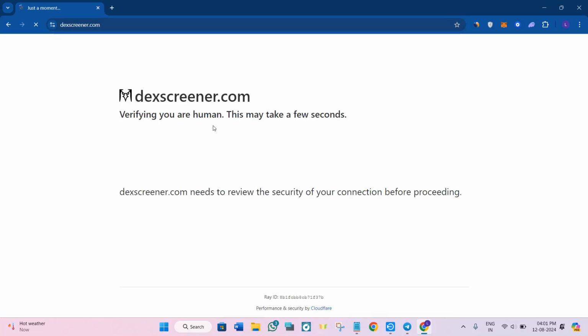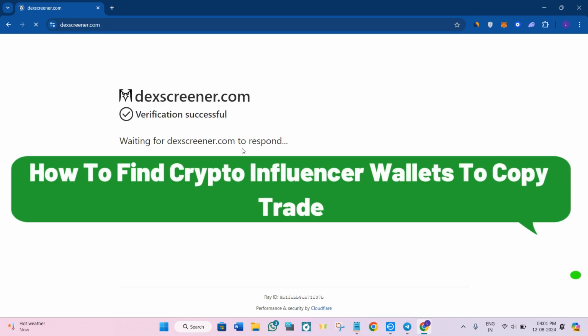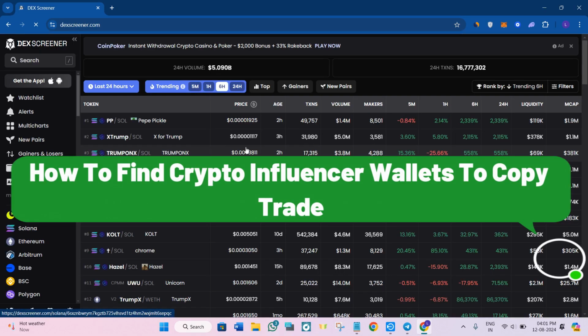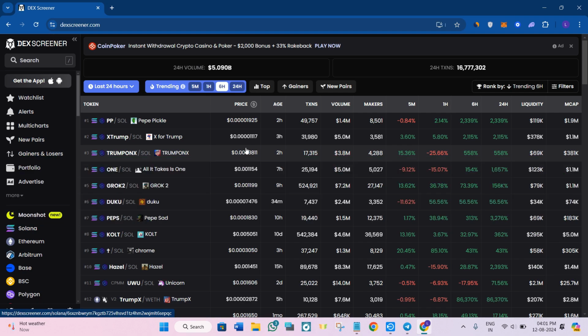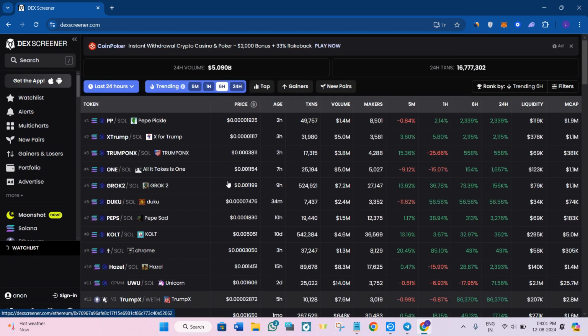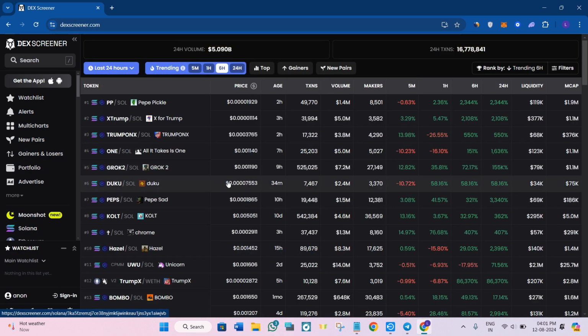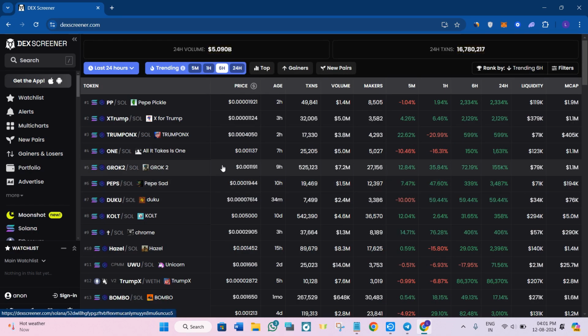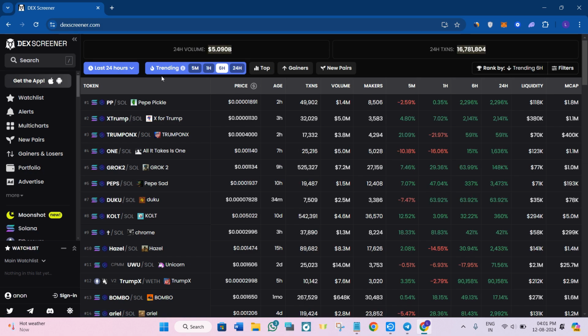Today we are diving into a much requested topic, that is how to find winning wallets to copy trade using Zelfie Guru. So if you are looking to leverage successful traders, this guide will show you how to identify profitable wallets and maximize your trading strategy. So without further delay, let's get started.